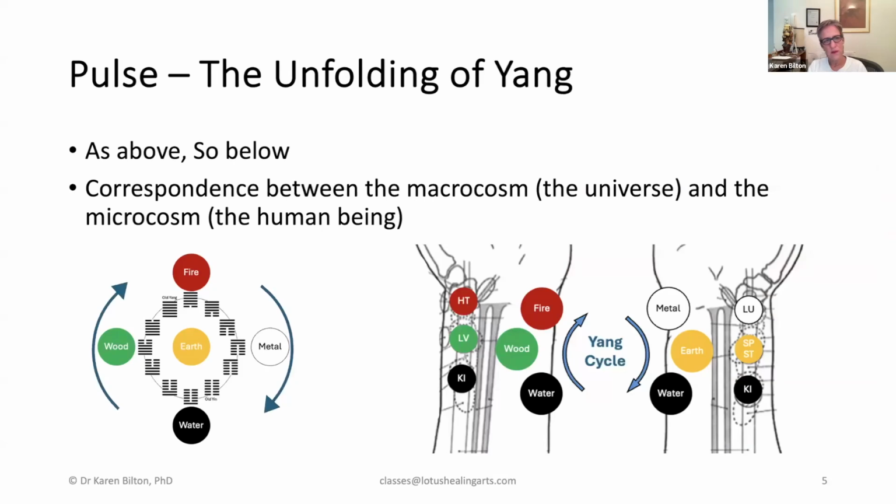The pulse tells us about the unfolding of yang, about the yin and yang of the person. So it's like this thread that runs through Chinese medicine: as above, so below. The microcosm is a reflection of the macrocosm. So on the left here, we have our cycle of yang, where we have our birth of yang in water,